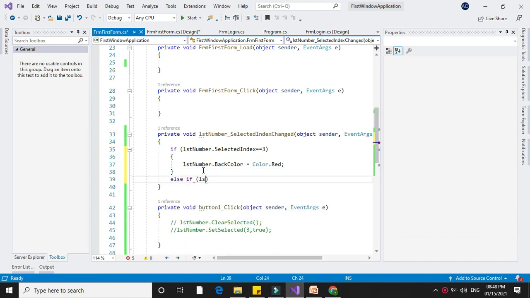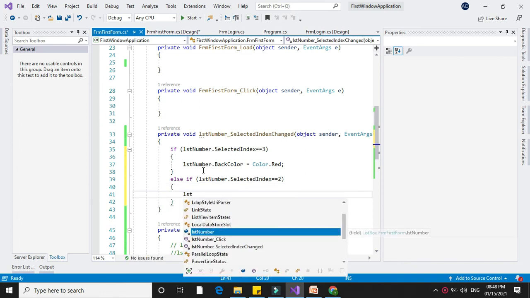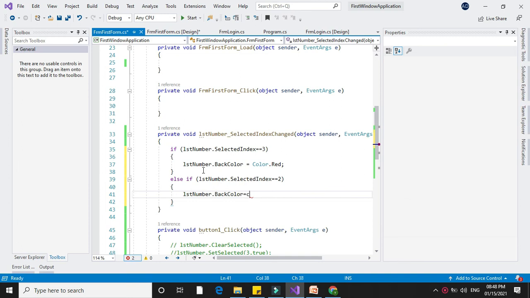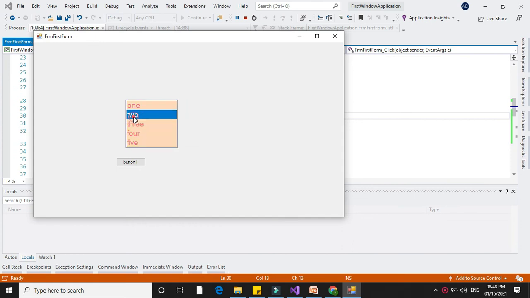Else if lstNumber.SelectedIndex equals 2, it will change the background color. So when we run it, it will change the background color as per your selection. So if the selected index is changed, it will execute the code accordingly.